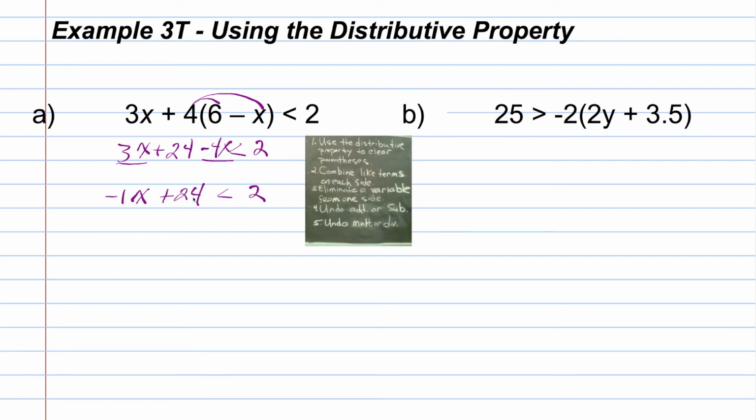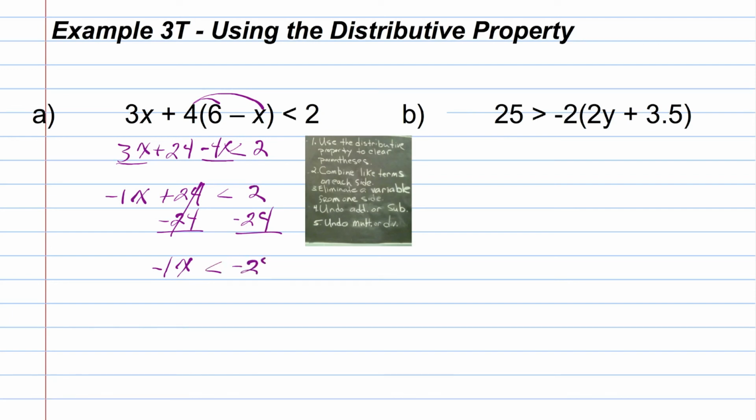Next, I need to undo the addition here. That'd be the 4th step. We don't have variables on both sides, so we just worry about the 4th step, undoing the addition. So we'll do that by subtracting 24 from both sides. On the left-hand side, the 24s become 0. They cancel out. We're left with negative 1x on the left, and on the right-hand side, 2 take away 24